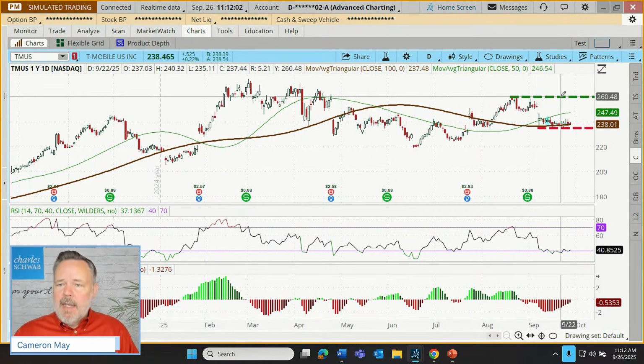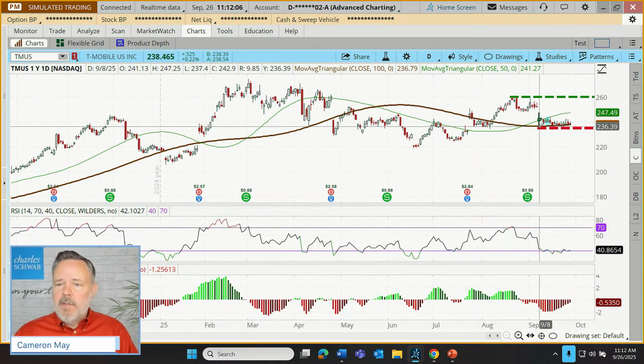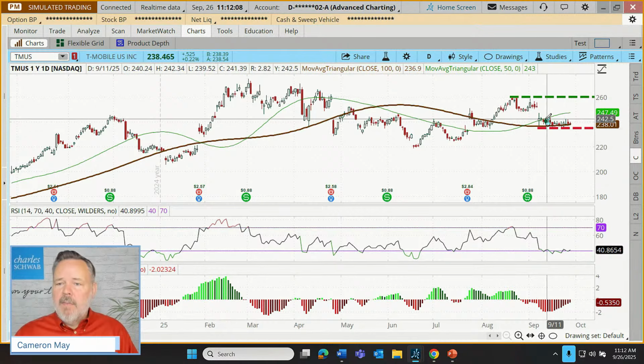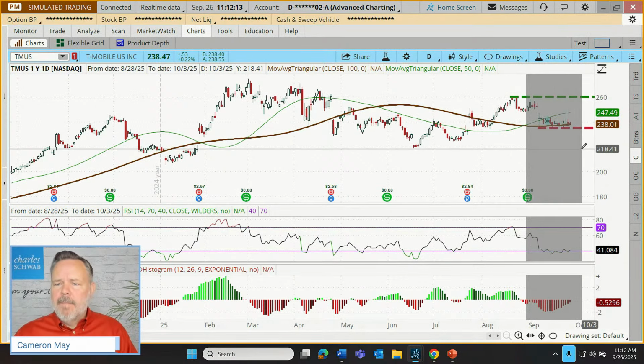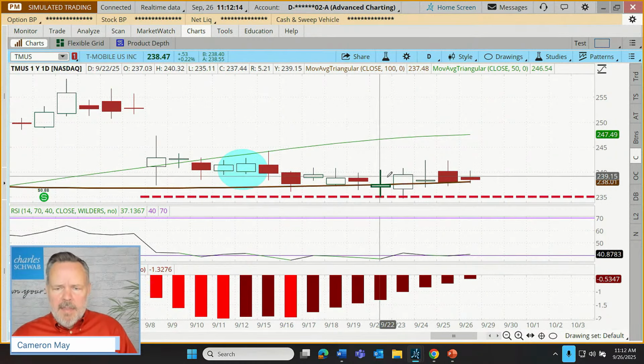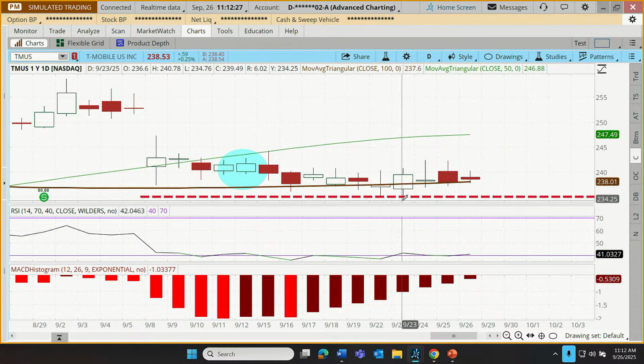Took that entry, planned to exit at the previous high at 260, a stop just below recent lows down here at 235. We've come right down. Let's zoom in on this so we can see. I think we got, yeah, look at this. What was the low right here? It was actually this day. Low of 234.76, 24 cents was the deciding margin between still being in the position and being tripped out.